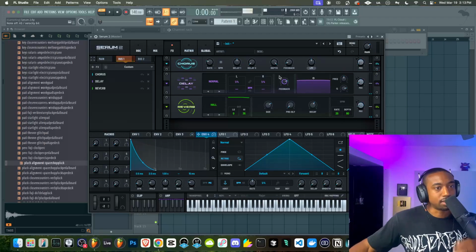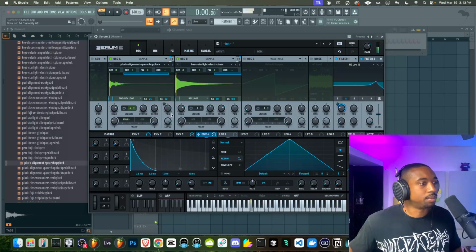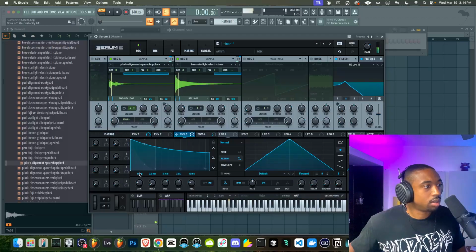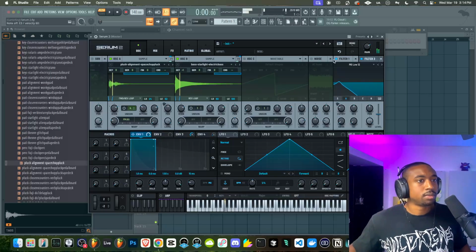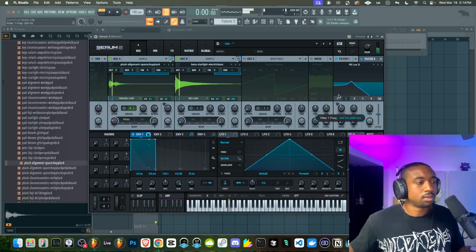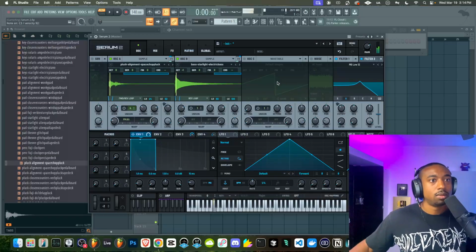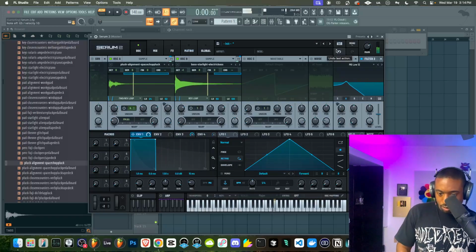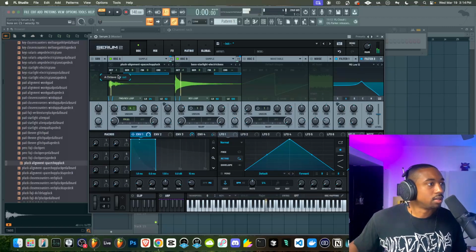I think it's because the effects mix level goes from like nothing to something. That's my only guess really about that. Let's give the envelope more attack. Maybe that'll get rid of that click. Okay, so at this point it's just like tone more than anything.